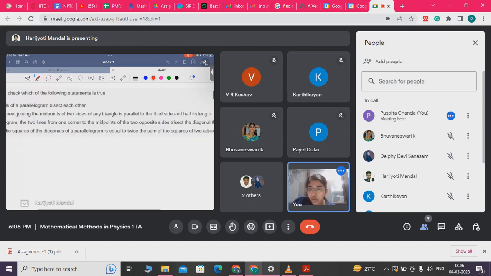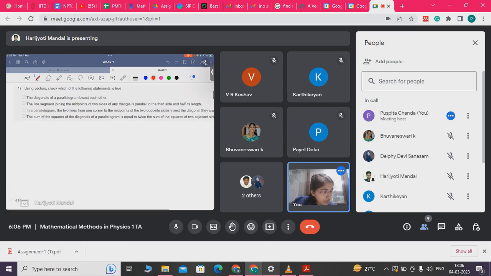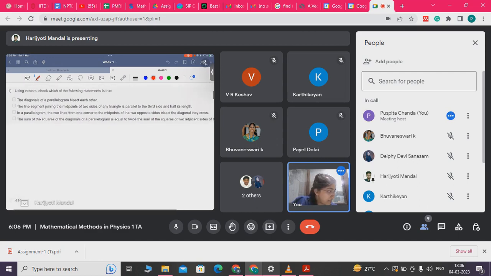So the first question of the assignment is, using vectors, check which of the following statements is true. Here are 4 statements. From basic understanding of mathematics, we can guess which of them are true and which are false. We know that each of them is true, but for this course we need to know how to prove them using vectors. So let me prove those things. First,